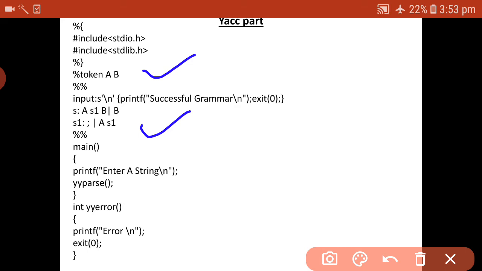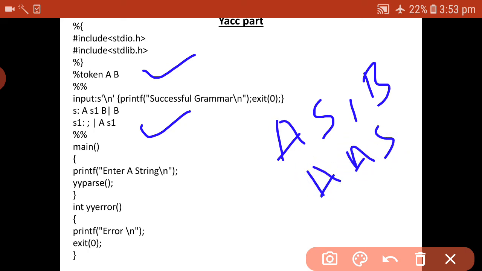So just check here: A S1 B is there, and S1 is nothing but A S1. Once again A S1 B, once again A A S1 B. Like that it will continue till N number, but it should end with a single B. So this is the valid grammar.